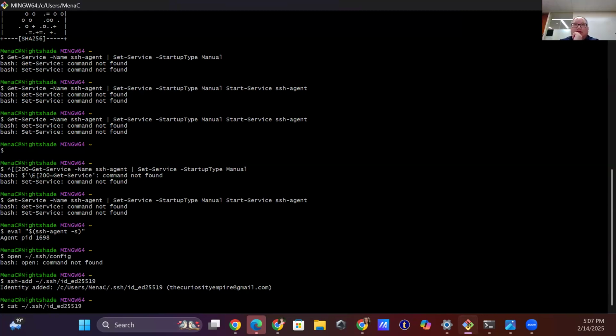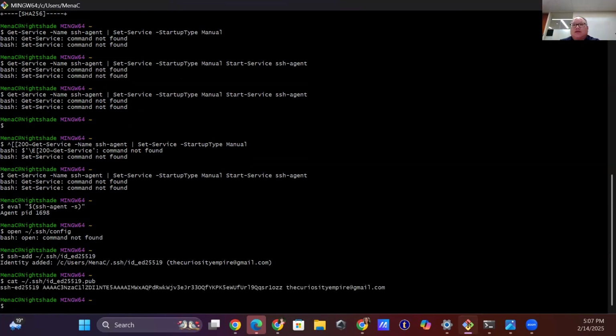I run that command under Git Bash. Okay, perfect. So yeah, I copied that from SSH all the way to the end. And then go to your GitHub profile settings. Yeah, we'll all do that next here.